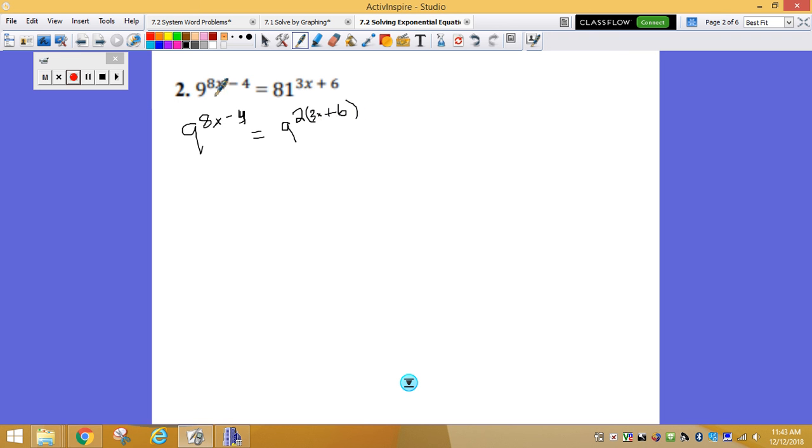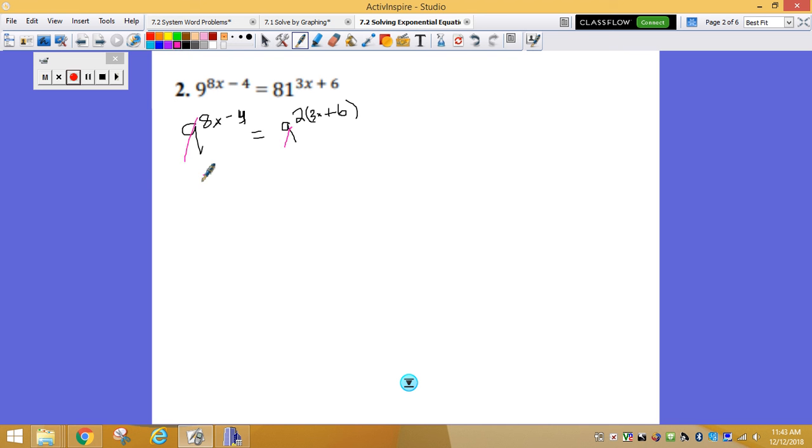Okay, so let me go through what I did again. I brought this side down. 9 raised to the 8x minus 4. But because I want my base to be the same, I want them both to be 9s, I changed it to 9 squared, because 9 squared is 81. And then I brought down my 3x plus 6. So now, the whole reason I had to do that, I have the same base, so I can cancel those